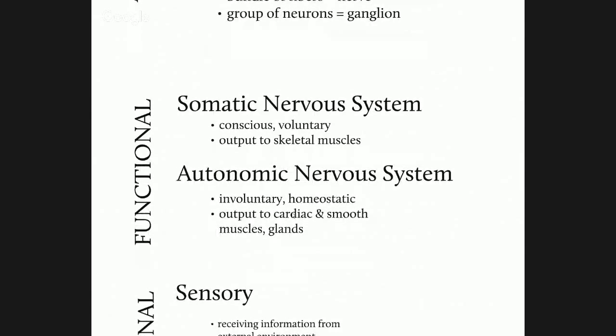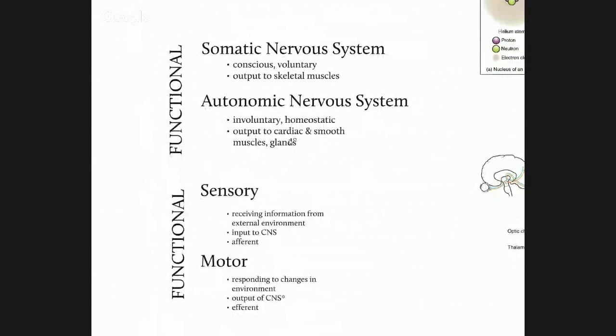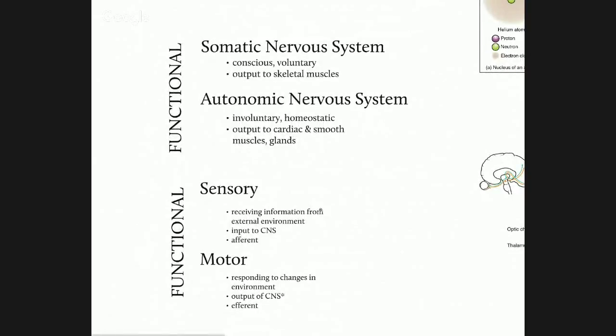But then there's two ways of thinking about the functional divisions in the nervous system. And these are not mutually exclusive. It's just two different ways of thinking about the nervous system, separating it into different functions. The first one is about the broad functions of what the system does, the somatic nervous system versus the autonomic nervous system. Somatic, which comes from the word that means body, is referring to